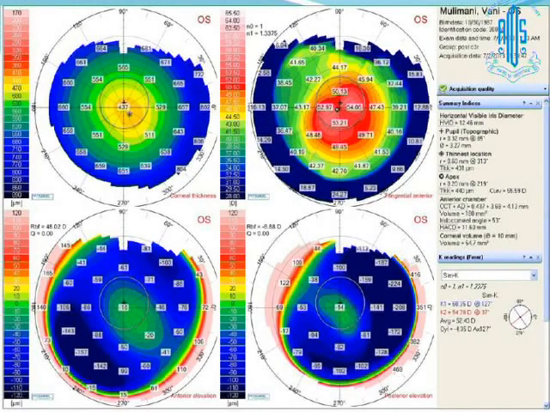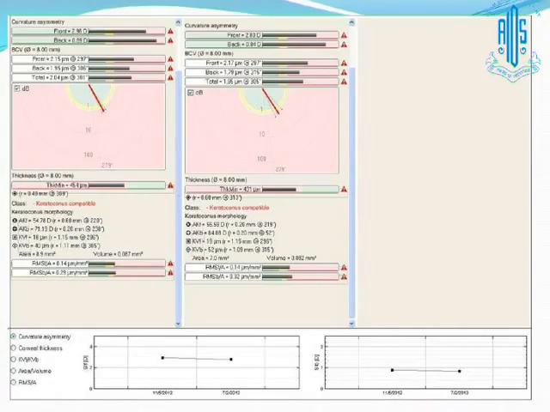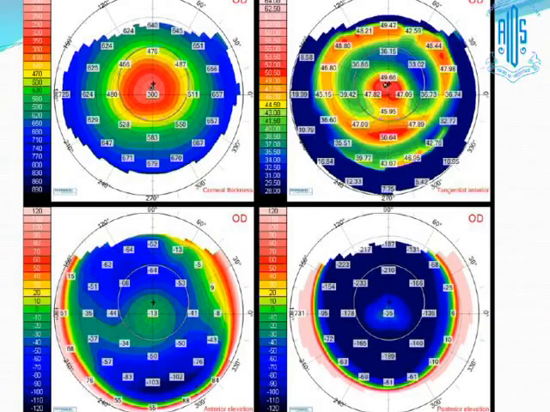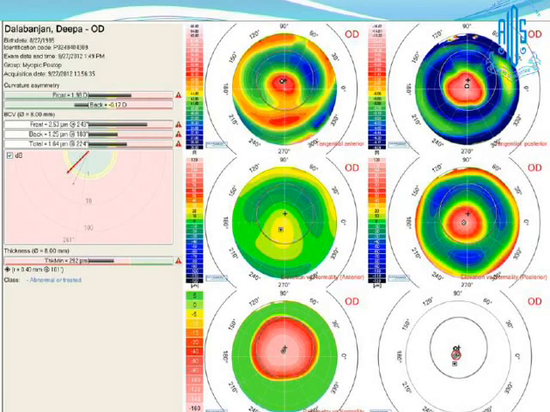Whereas this patient, after collagen cross-linking, you see here it is stable over a period of time. This is for the front and this is for the posterior surface. Whereas in another case, after the collagen cross-linking, after a certain period, the ectasia again started increasing. That means this condition is not stable and needs to be treated again. This is a case of post-LASIK ectasia. If you see here, all the points fall in one place.